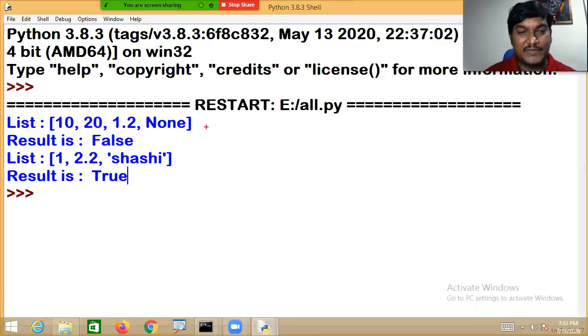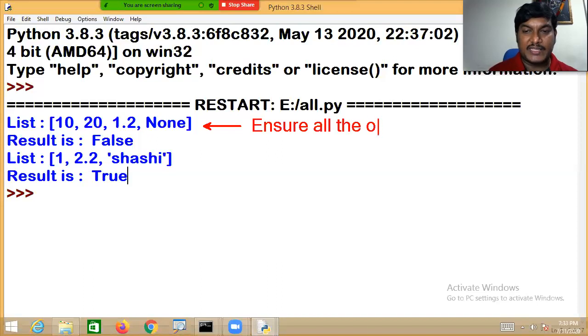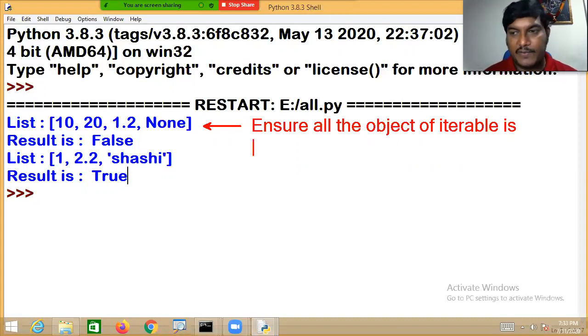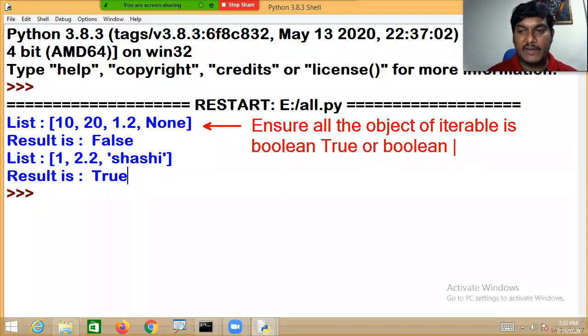The reason, my dear friend, is that the system is going to ensure whether all the objects of the iterable are true or false. It will be checking Boolean true or Boolean false.